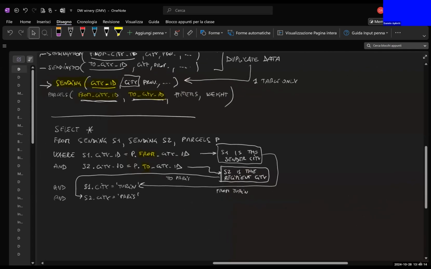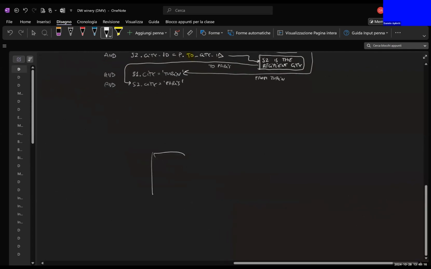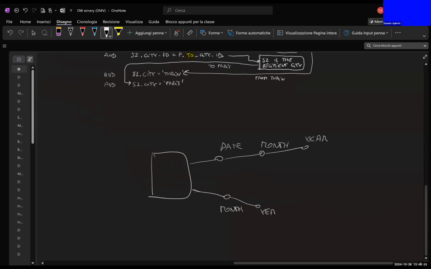So just to give you an idea, let's make it like this: you have date, month, year, and then you have something like month and year. So you would like to share these two. You can do that, but that's often not efficient, because you need to introduce a join. So you translate that into something like,